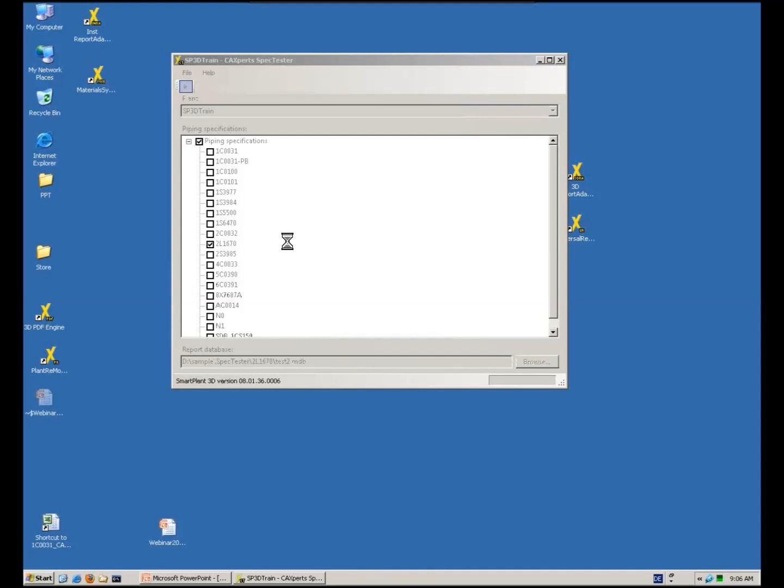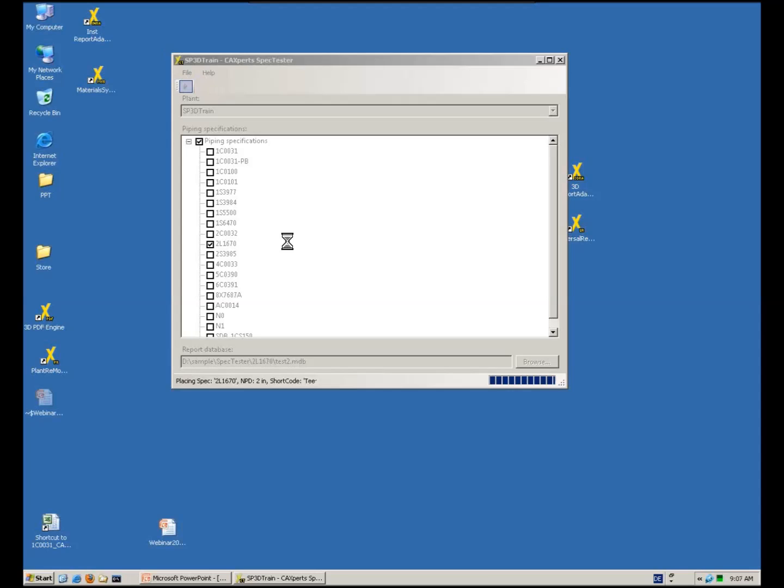I'm really doing this online now. That means Spec Tester is running. This is okay. This is a very small spec, but this procedure is just to see how the workflow is. So Spec Tester is starting to create a pipeline. It starts to place all the parts in the 3D environment, and at the end a report is generated, and we will have a look at first into the 3D environment to see what is placed, what is the kind of reporting in the 3D environment,